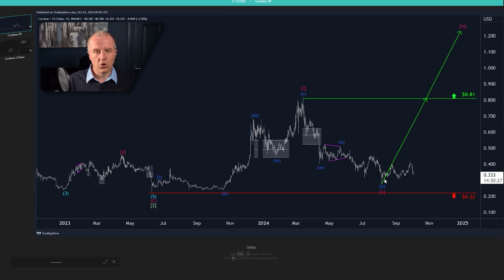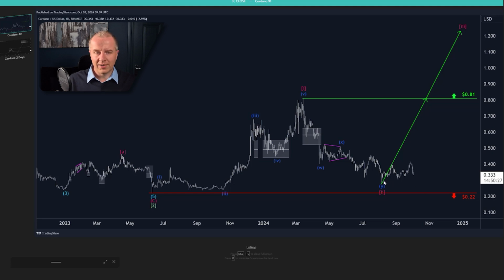But there is no low in place until we see a first 5-wave move up on a smaller time frame. That would be followed by a 3-wave corrective pullback forming a higher low. It's just not there. The structure to the upside from that low that formed recently in August is just choppy. It's corrective. It's overlapping. Not enough evidence that a low is in. So I think we need to consider the market might do another low. It might even test the 22 cent level.